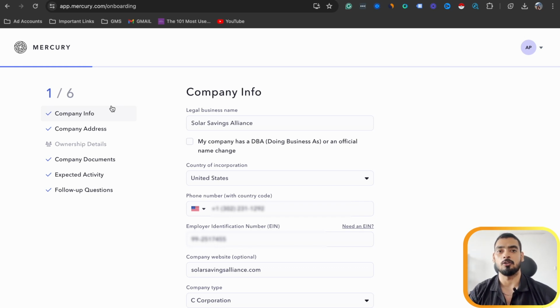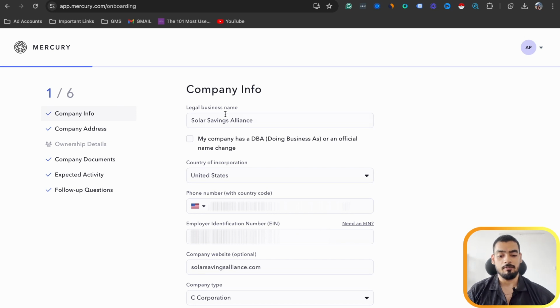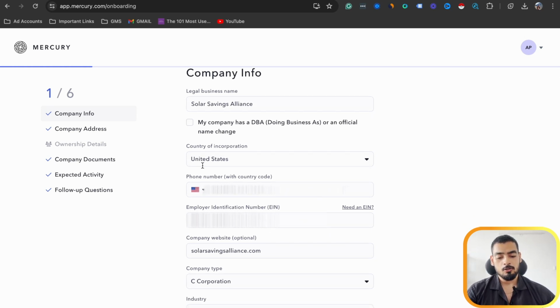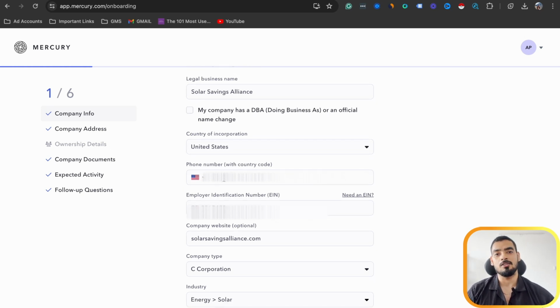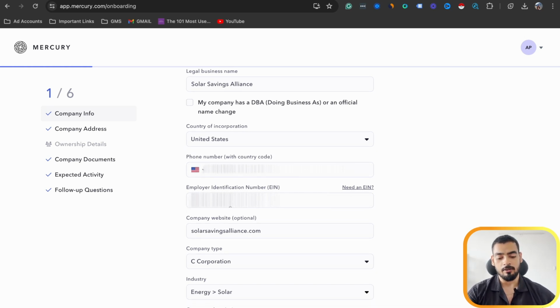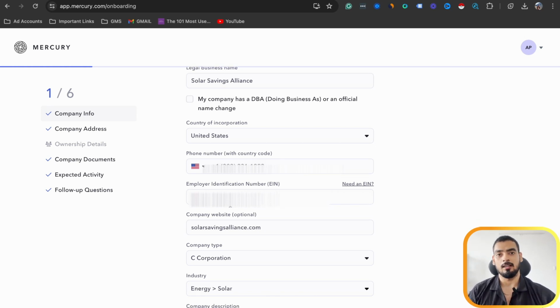Now we went ahead with Solar Savings Alliance, that's the name we chose because we also want to sell solar in US using our own name, using our own company। So that, I think, would be a really good option for us to go with Solar Savings Alliance। So now you are going to choose the incorporation country, you are going to use a phone number। This phone number you can easily purchase on Skype, okay, so you don't have to worry too much about it। EIN number, I am going to be covering this up because it's for confidential reasons। EIN number is the most important thing if you are going to be registering any business in the US or also any bank account।